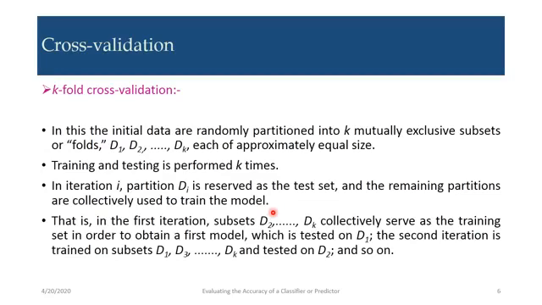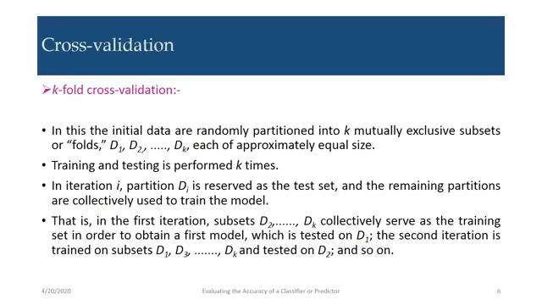Then the rest of the sets, from D2 to Dk, are taken as the training set. So in the first iteration, subsets D2 to Dk collectively serve as the training set to obtain the first model, which is tested on D1.